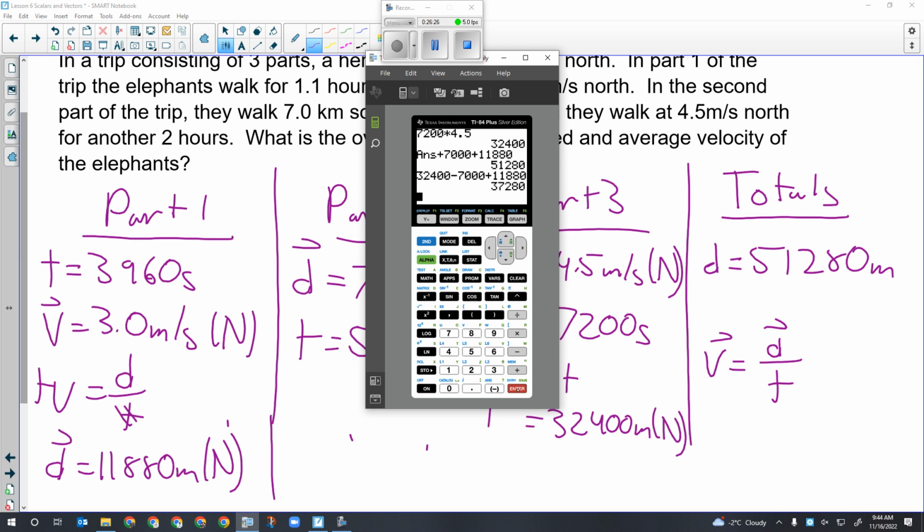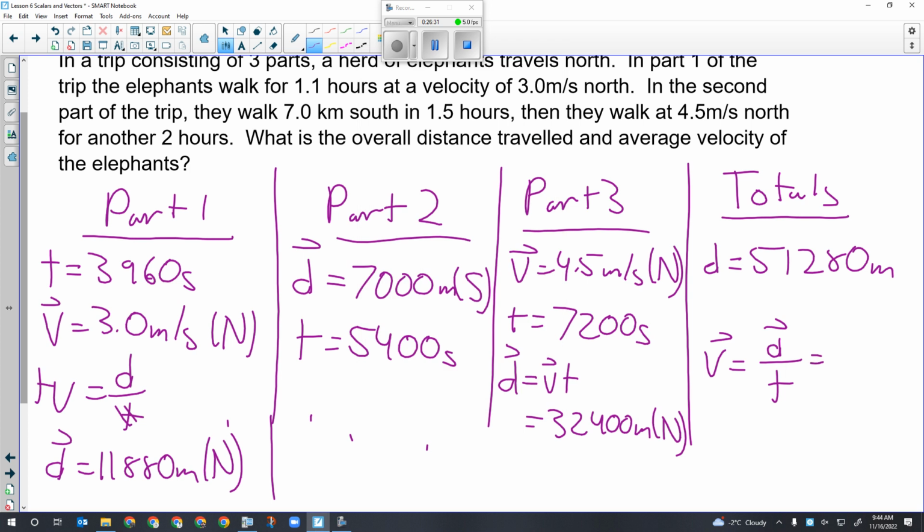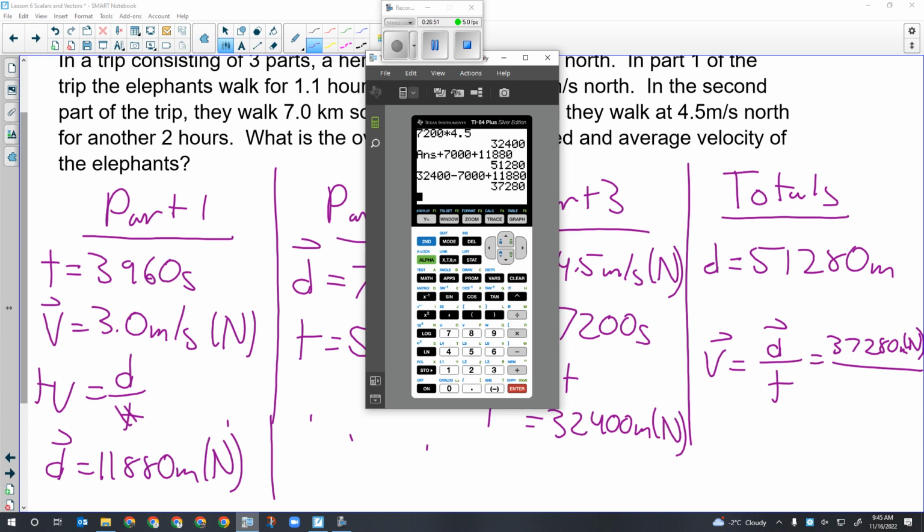All right, my total displacement then is 37,280 meters north. What do I do to get my total time? You add it all together. Okay, so I'll take my 3,960 plus 5,400 plus 7,200. All right, there's my total time, 16,560